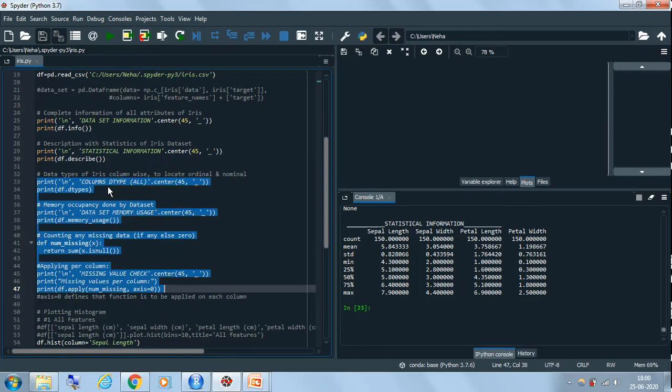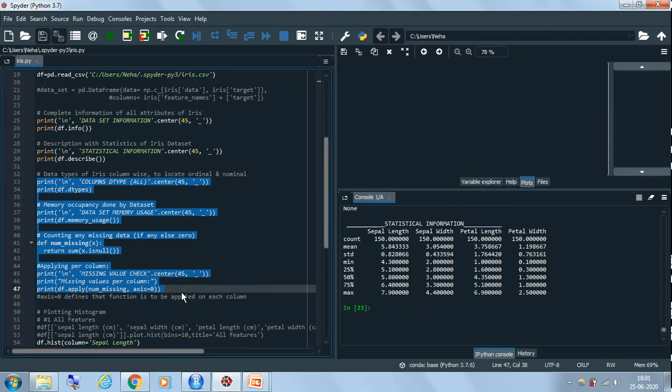Then we are going to check whether there are any missing values in our data set using the third part, df.apply num_missing, axis is equal to 0. Axis is equal to 0 indicates we are trying to address the rows. When I say axis is equal to 1, we are trying to address the columns, okay. So we'll run this.